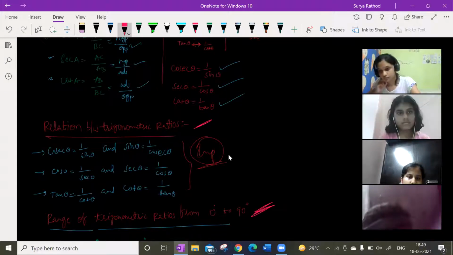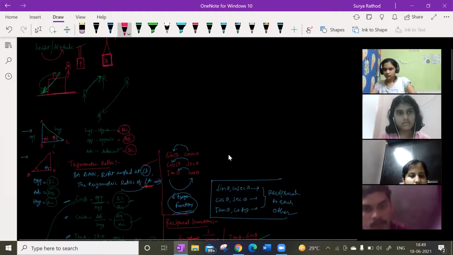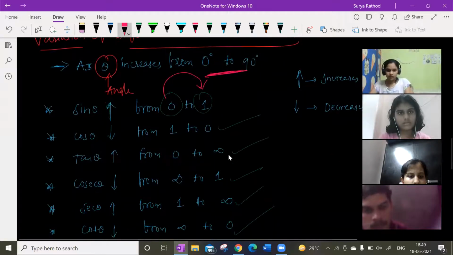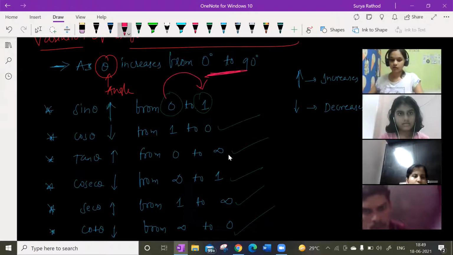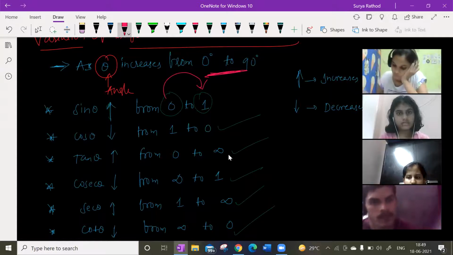Range. We are talking about the range of trigonometry ratios from 0 to 90. We are talking about very basics. These we have already spoken about. Again, you can go through and refer to your textbook to try to understand somewhat from there. Not 100%, but at least 70% you will be able to understand if you read. If you are still not understanding, you can come and ask me, and I'll explain again so that you get perfection in that. That's what you must do.